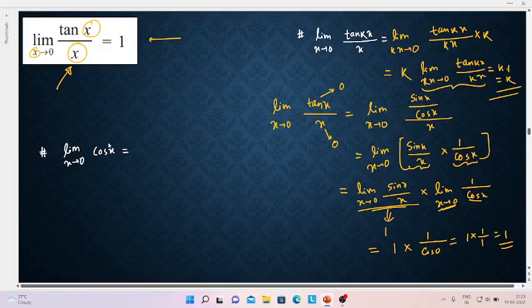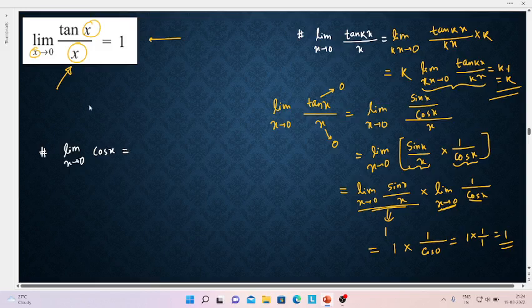After putting the tending value, if this function gives you any real number or infinity or minus infinity, then that is the limit value. And if that function gives you an indeterminate form, like infinity by infinity, 0 upon 0, 0 to the power 0, these types of forms,